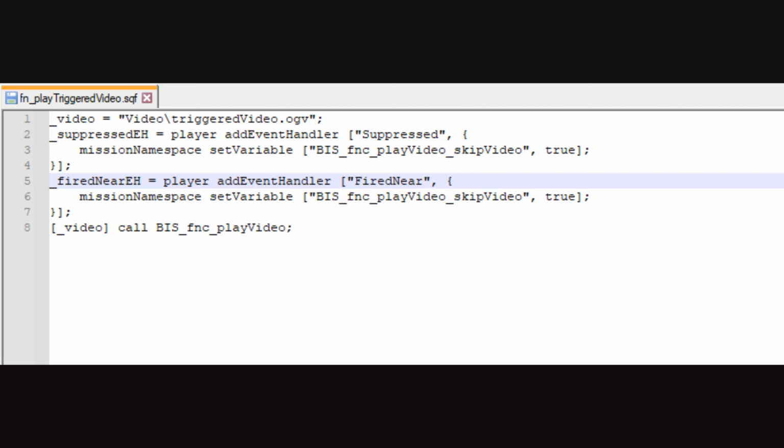So the code line for this event handler should look like this. _firedNearIH = player addEventHandler ["FiredNear", {missionNamespace setVariable ["BIS_fnc_playVideo_skipVideo", true]}];